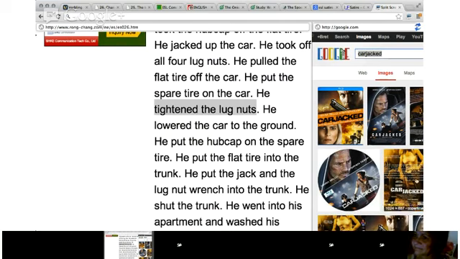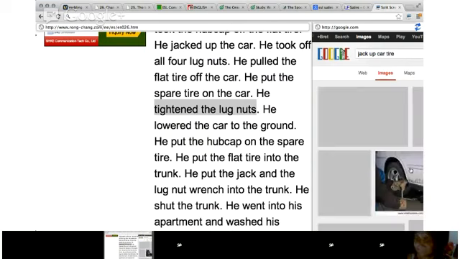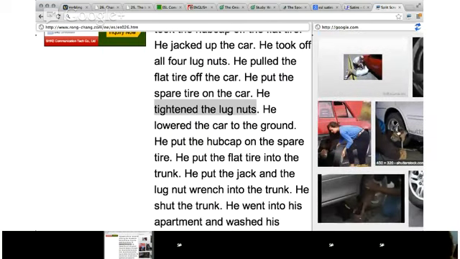Jack up the car. Oh yeah, I got it. It's obvious he jacked up the car and took off all four lug nuts. Yeah, exactly. So we're not safe anymore, but that's okay. Don't worry about it. We'll all live. You just have to carry a gun with you. No, I'm just